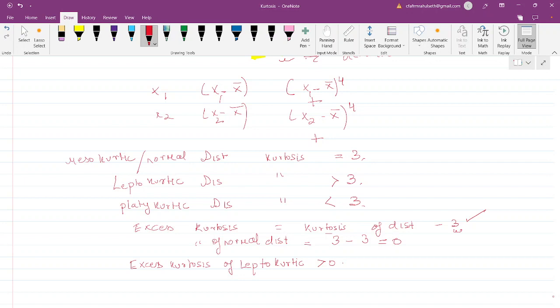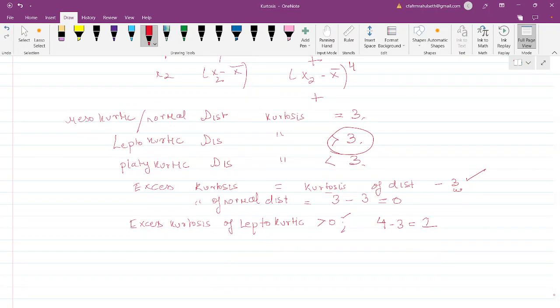Because its kurtosis is more than 3. If I deduct 3 from any number which is more than 3, then I'm going to get a positive number, right? So say if the leptokurtic distribution has a kurtosis of 4, then excess kurtosis is going to be 4 minus 3, that is 1. So if you see positive excess kurtosis in the examination,